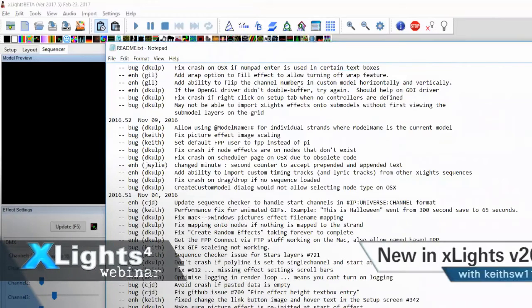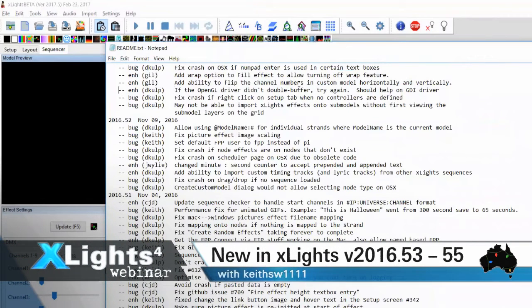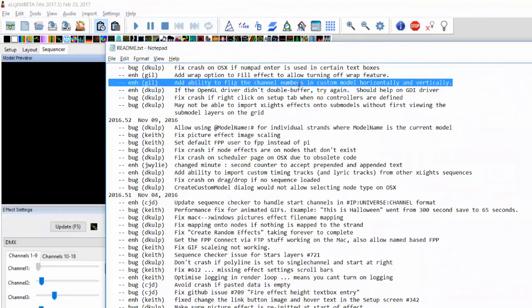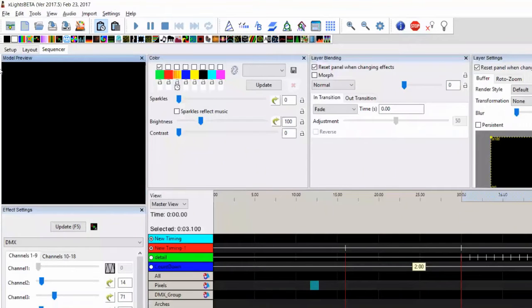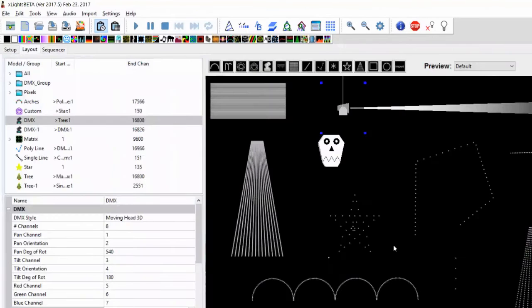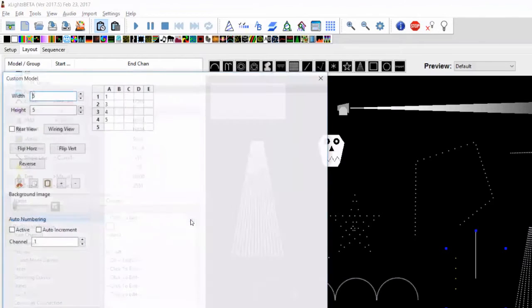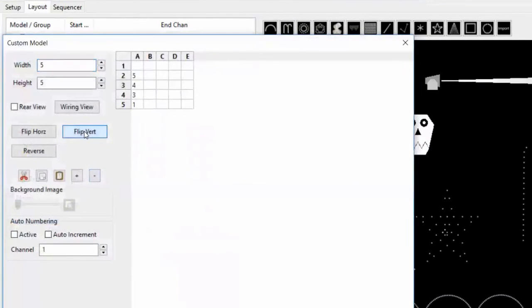Okay, moving on up. Another performance, or in this case, drawing enhancement, and the ability to flip the channel numbers in the custom model horizontally and vertically. So we've got a custom model here somewhere. This one here, I think, was our custom model. So in the model data, you can come in here and you can flip the numbers around, flip it horizontally,